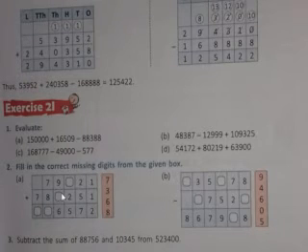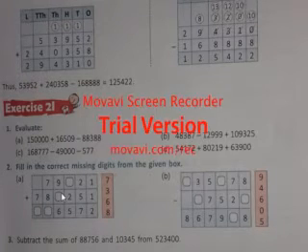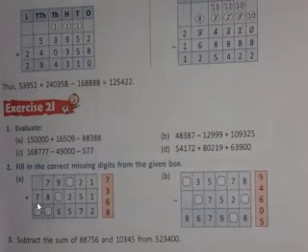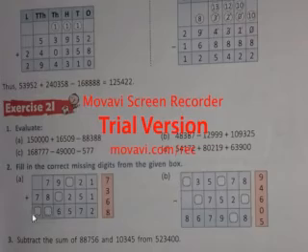So 9, something will be added, then it will be increased only. So 9 and 7 will become 16. How much? 7. So 7 will be there and 6 will be over here and 1 will be carried. So 7, 1, 8, and 8, 8, 16. So 6 will be here, and 1 will be carried over here, then 7 and 1, 8 it will become. So 3 comes over here, 7 comes over here, then 6 comes over here, and then 8 comes over here.